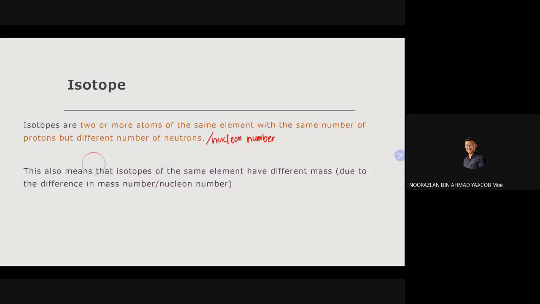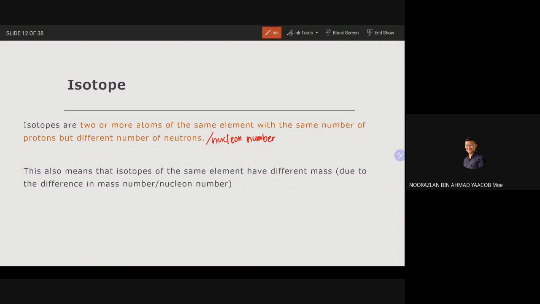Alright. This also means that isotopes of the same element have different mass due to the differences in mass number, nucleon number. Bermaksud isotope have different mass. Okay? Isotopes have different mass. If you remember, kalau kamu ingat lagi mass